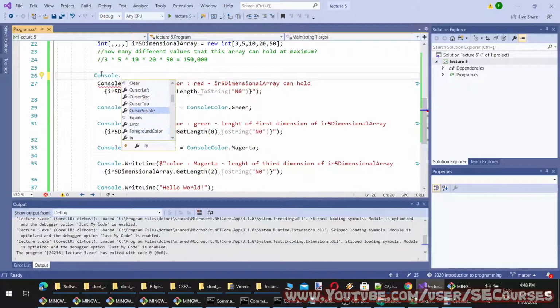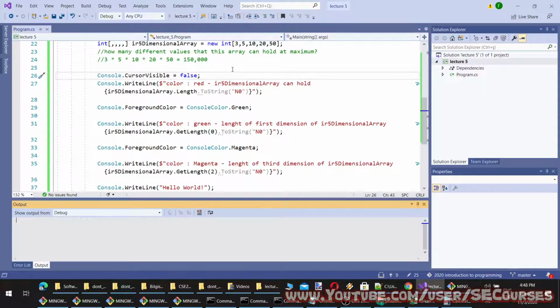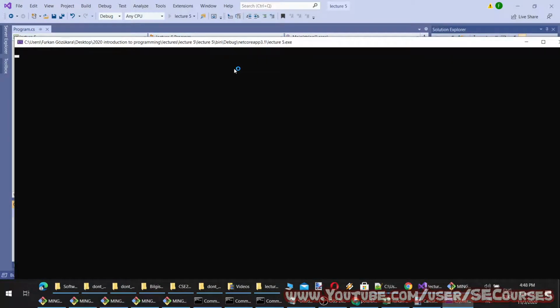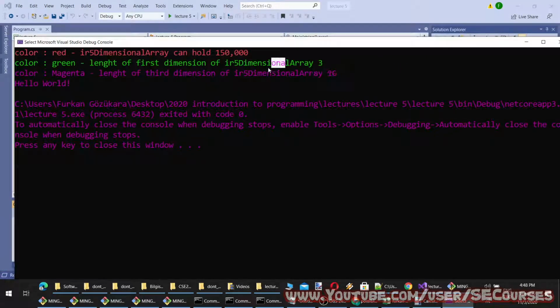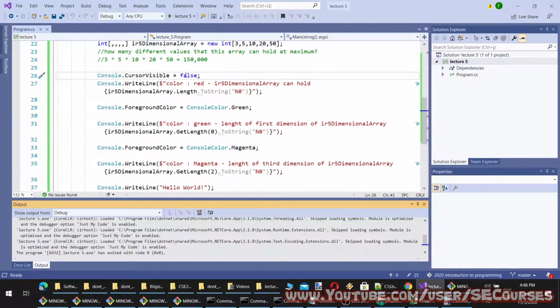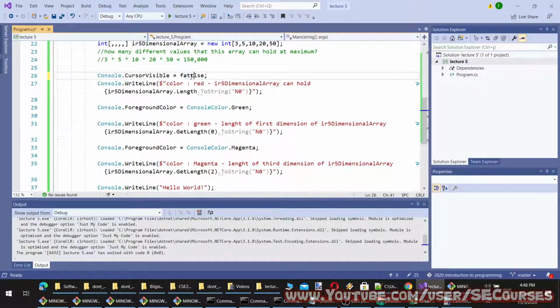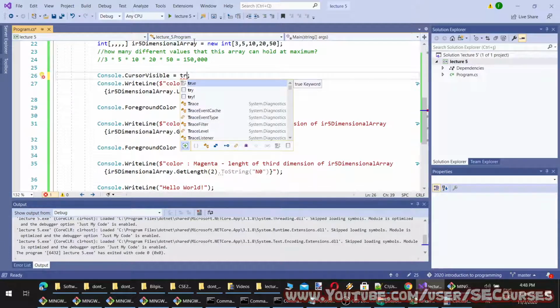We can hide the cursor if we want. For example, false. Let's see. Now the cursor will be hidden by default, I believe. And let's make it true to see the difference.